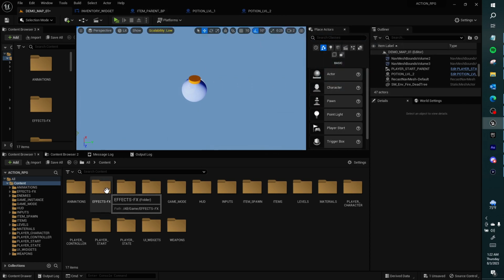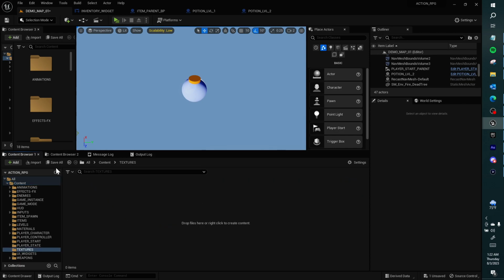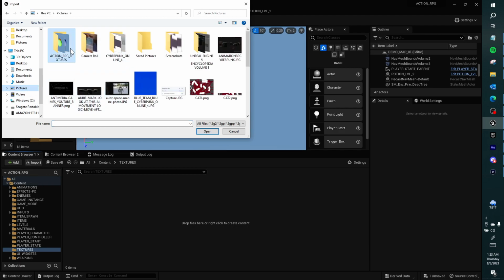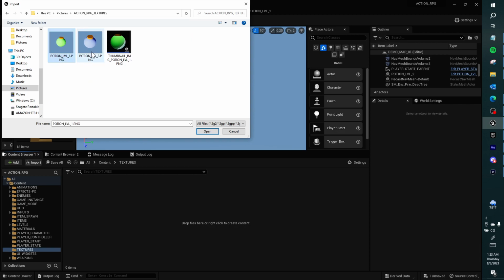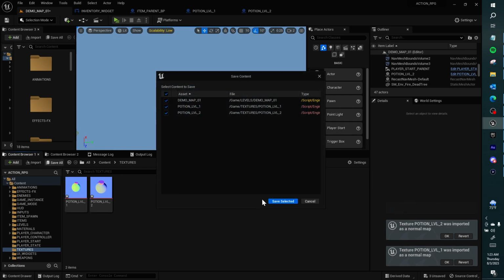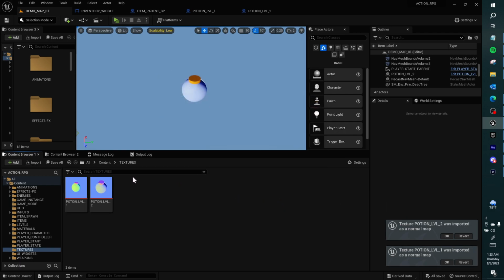Let's go to the content browser, right click, add a folder called textures. Let's go to textures and click the import button at the top of the content browser. I want to go to pictures, action RPG textures, control click both of those and open those here. There's the images. I want to save all. If I go to the inventory widget,